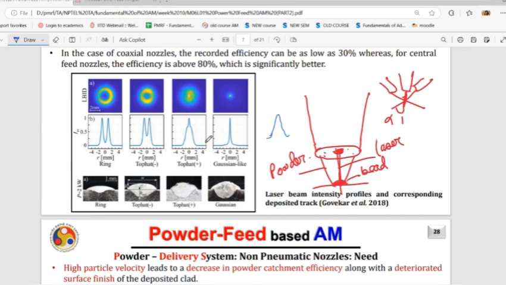This peak is very steep, so somewhat like Gaussian, but it's not near Gaussian because it is Gaussian-like till here, and then at the middle it has a very sharp peak. Here it's two peaks. So these are different intensity profiles that you can